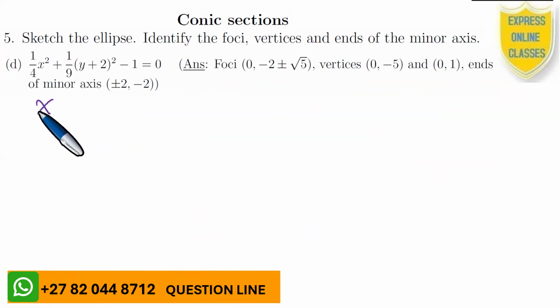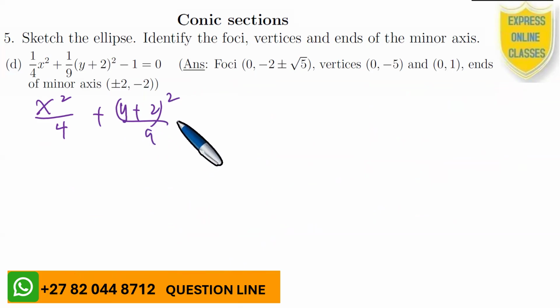We've already seen that here we have x squared divided by 4, y plus 2 squared divided by 9. The question is, what formula are we going to use for this one? What is the general formula that we need to use to solve this problem? We use the general formula that is in the textbook. So now we just look at where the biggest one is. The biggest one is below y, so we shall use